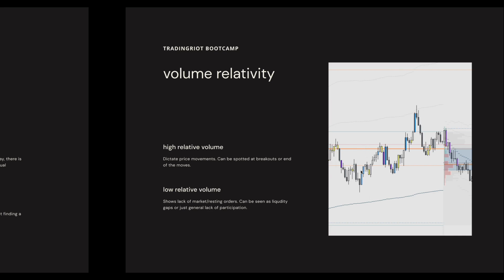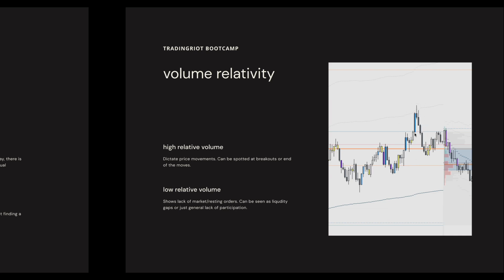So for example, these blue and purple candles show the high relative volumes and the yellow ones show the low relative volumes. So you can see how this move higher, or this move right here, started on a low relative volume. It gets immediately filled back, gets filled here, this one gets filled here, then the market moves higher, the volume is picking up, and at the end of this rotation